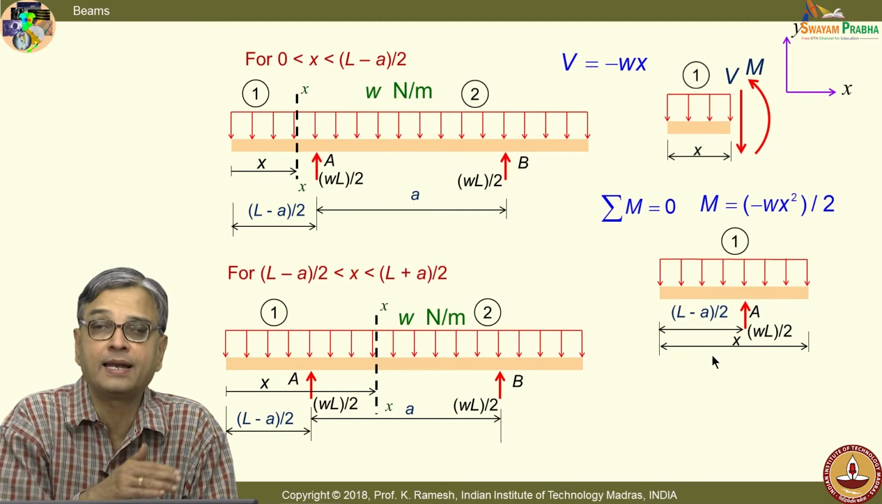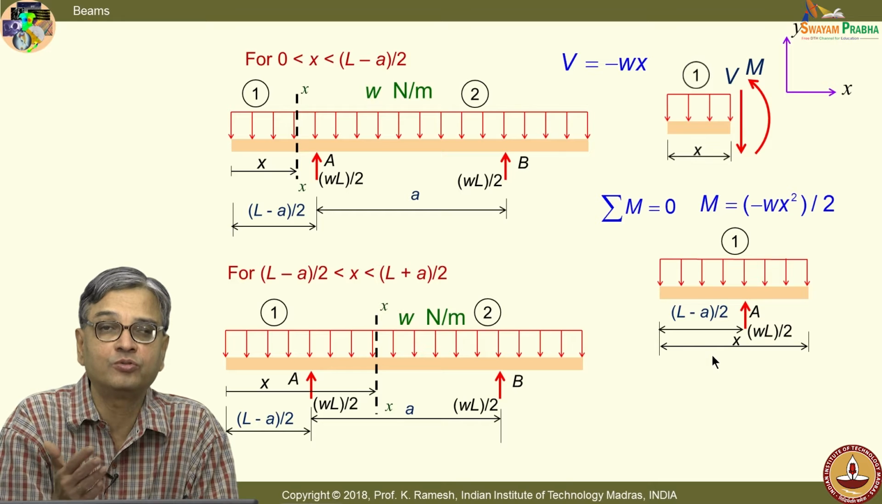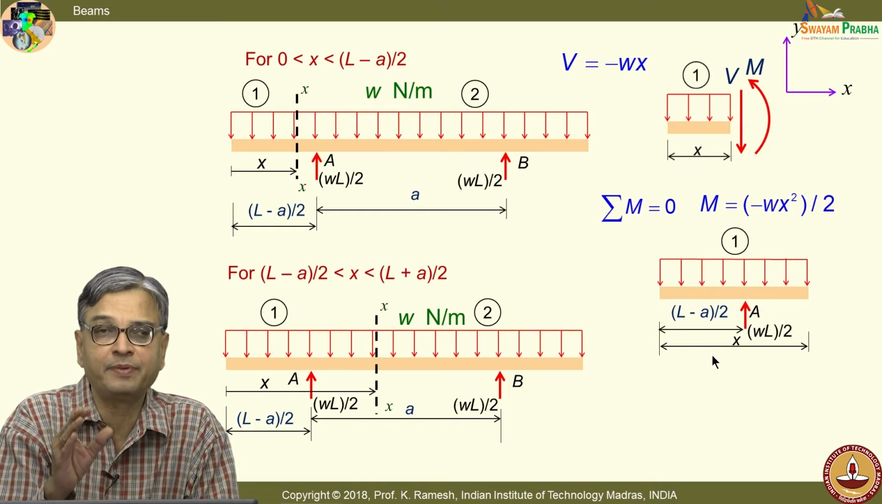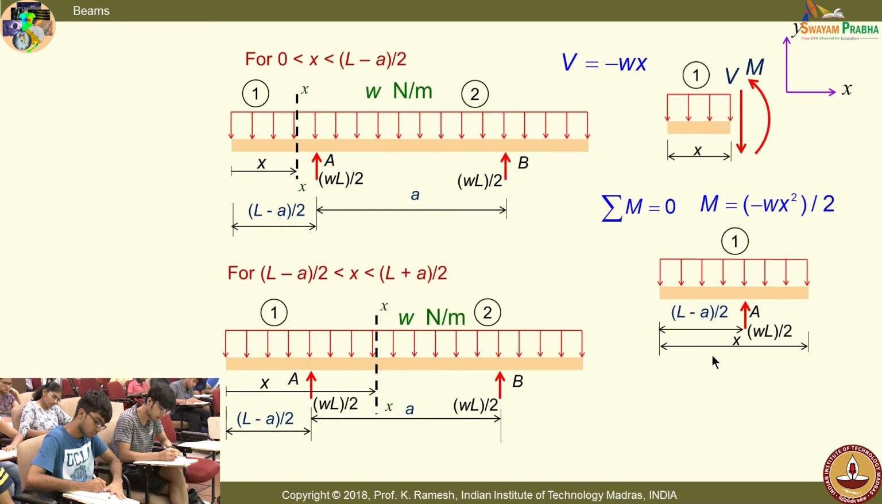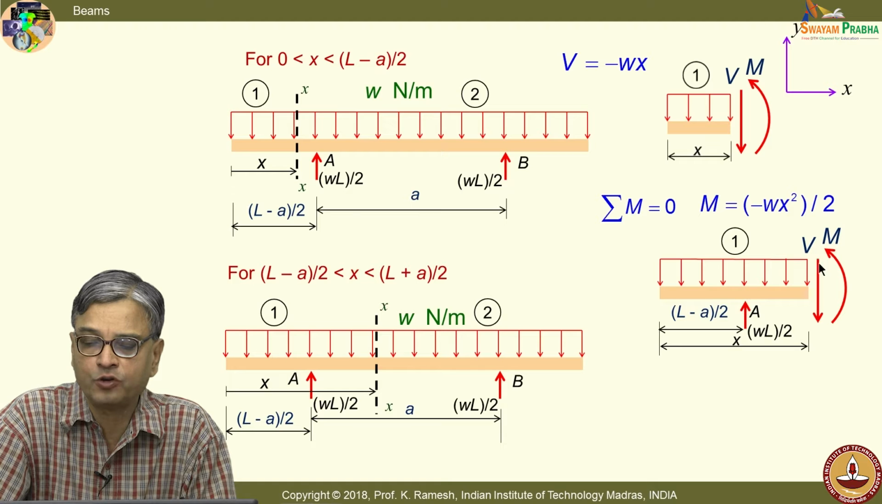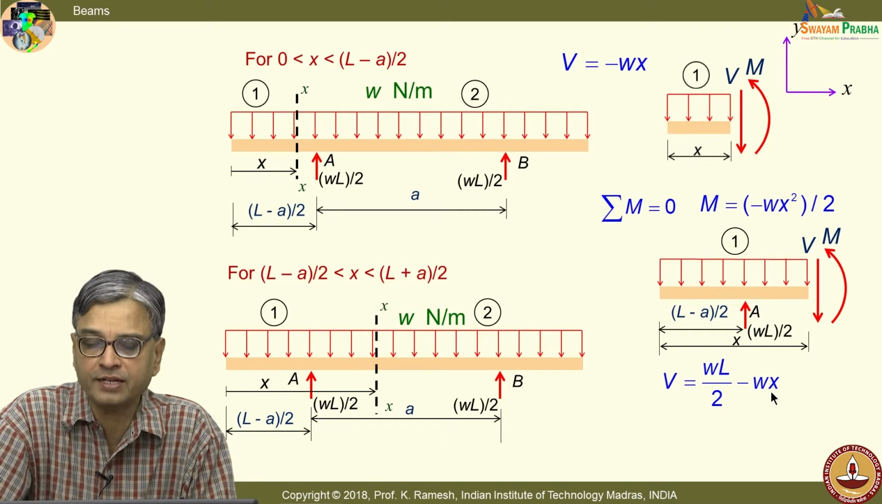See, if you had numbers for A, W and L, the arithmetic will look simpler, but now this is written in a generic fashion. So, it looks clumsy in that sense, and I have to complete the free body. So, I put the unknown forces, shear force and bending moment like this, and when I apply the equations of statics, I get the shear force as WL by 2 minus Wx,